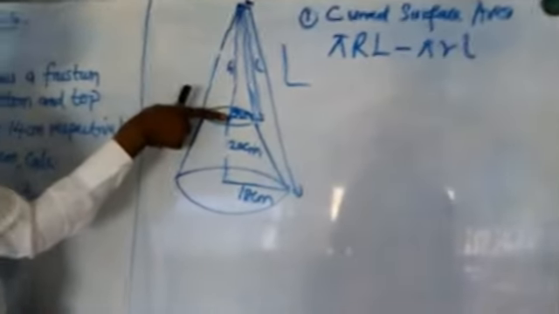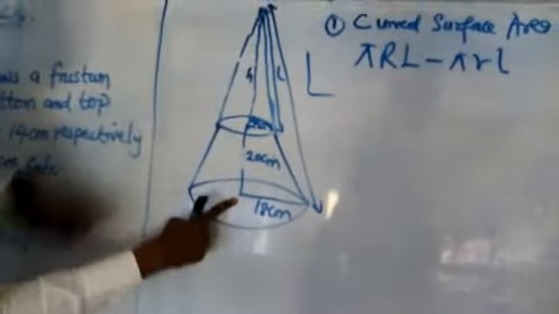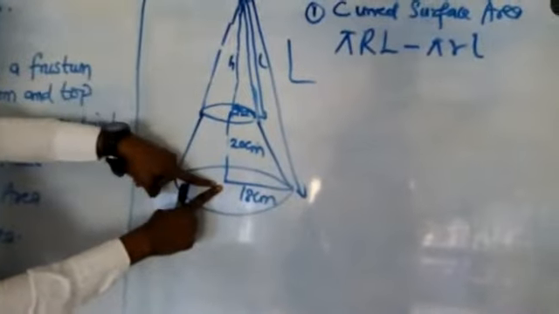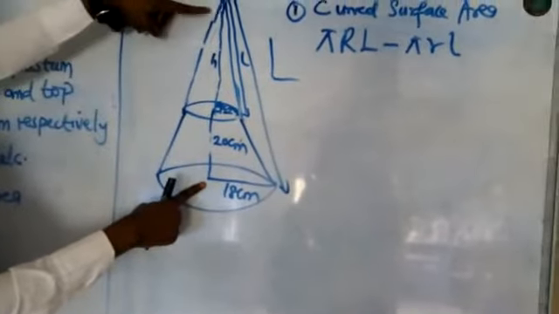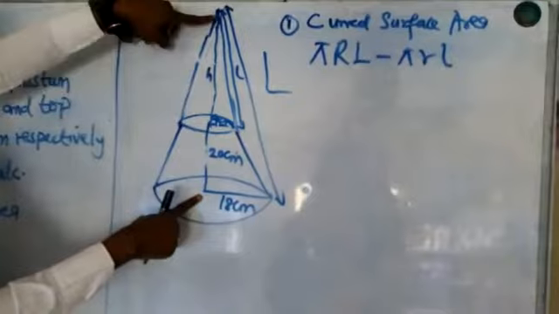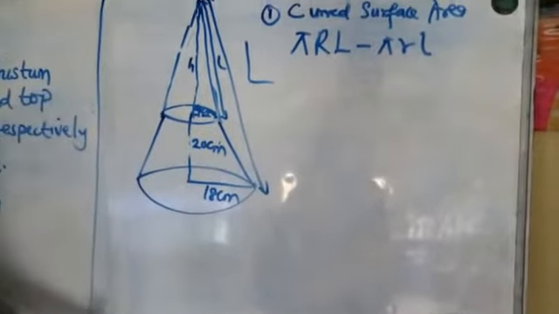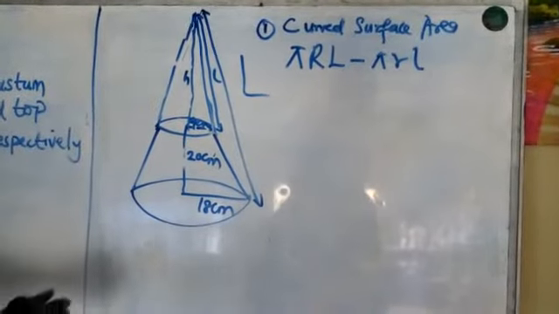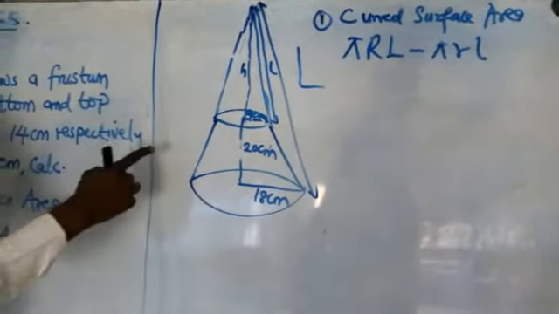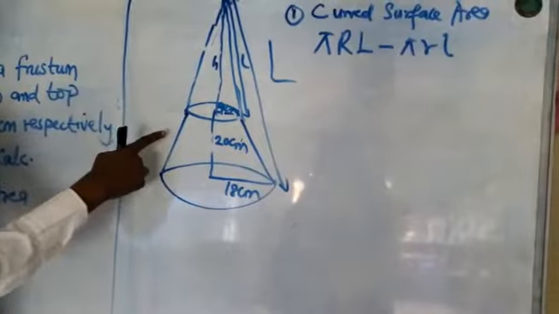Now, the small h is from here to this point, while the big H is from here to this bottom. Don't forget that the given 20 cm is part of the height. So we have to find small h. By the time we find the small h, we add the value to the 20 to get the big H. Are you following now? So what we have to do now is to find big L.